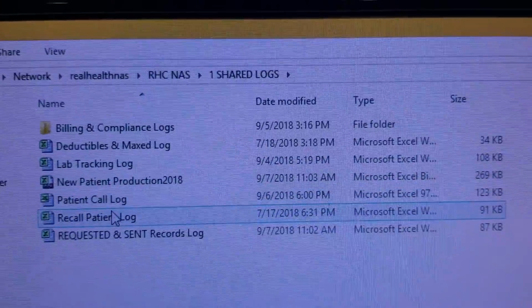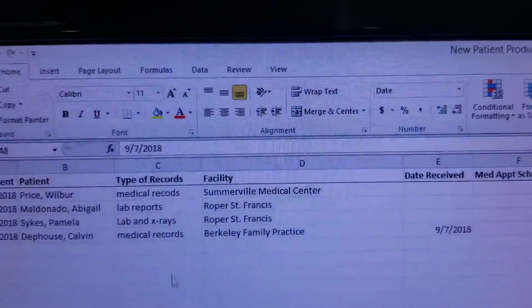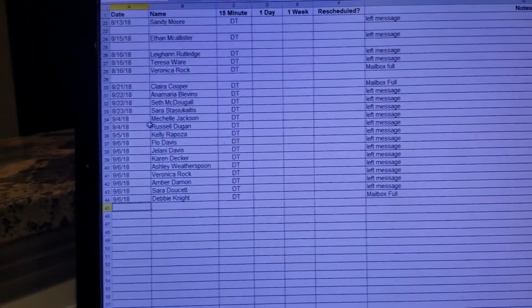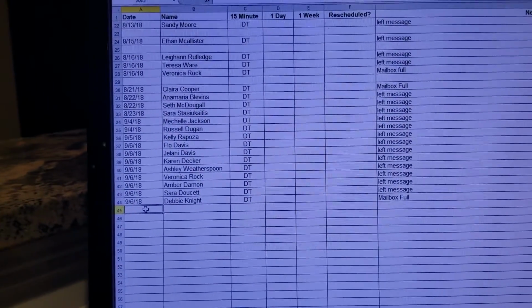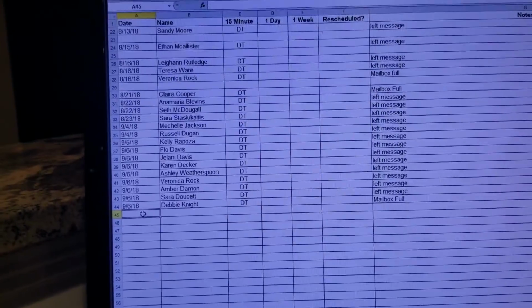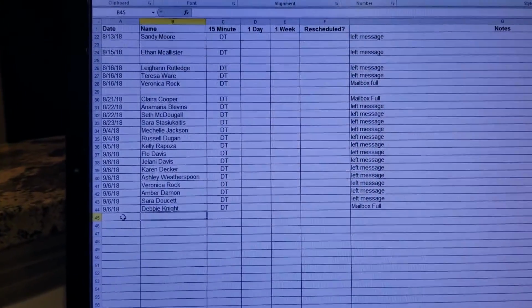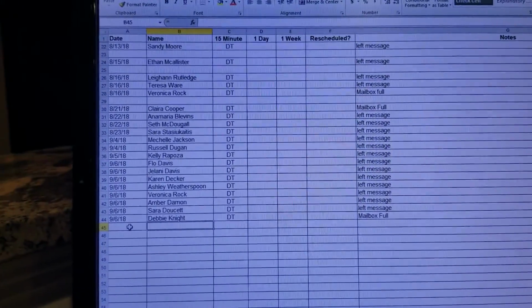And then we're going to go to patient call log. This is a log that should be monitored and basically kept up with every single day. As you can see, when a patient happens to miss their appointment, we put the date here and we put the patient's name here, and we give a patient a first courtesy call when they